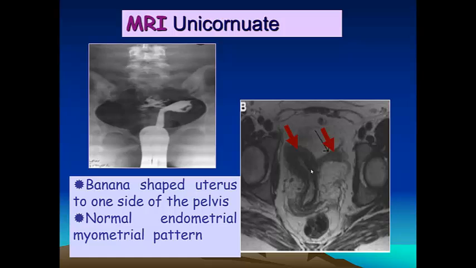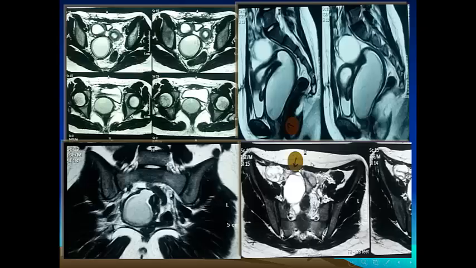So we have 4 types of unicornuate uterus, and I have a lecture on this channel on the approach to uterine anomalies. Please, you can hear it. This case, here we have obstructed uterine anomaly. In the obstructed uterine anomaly,